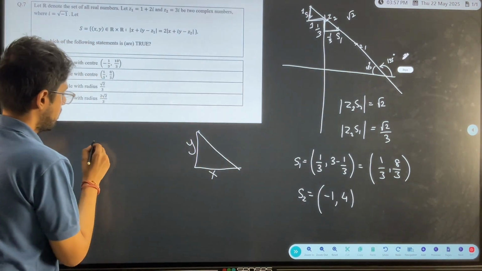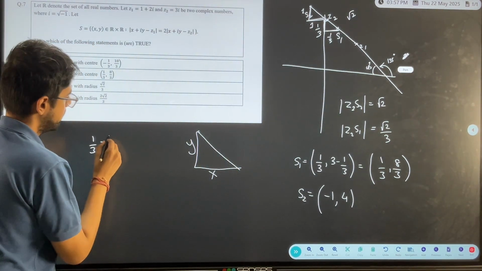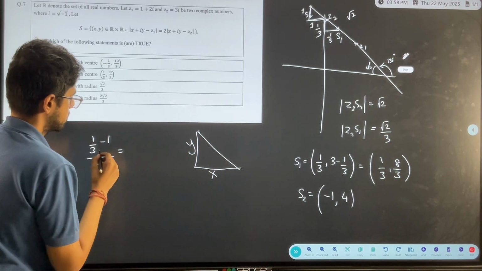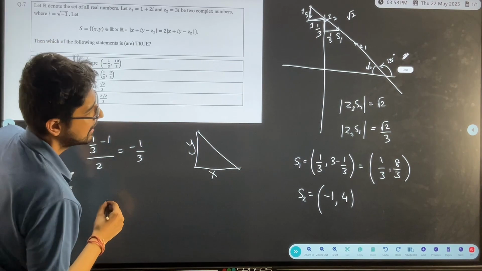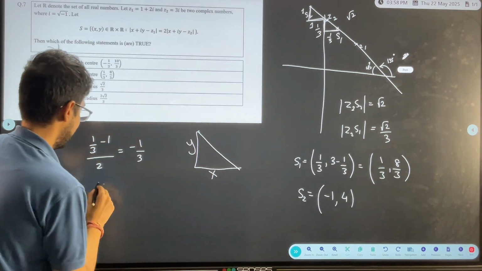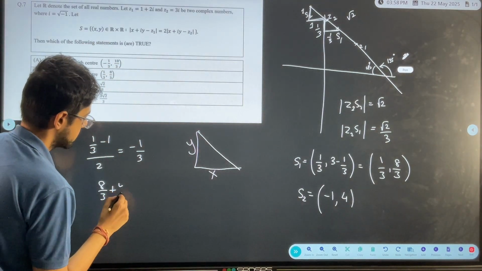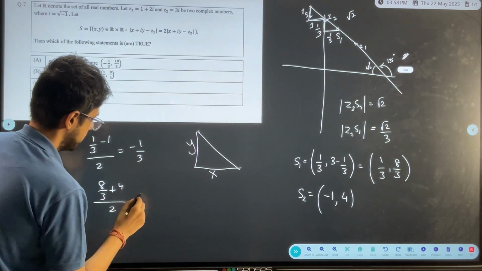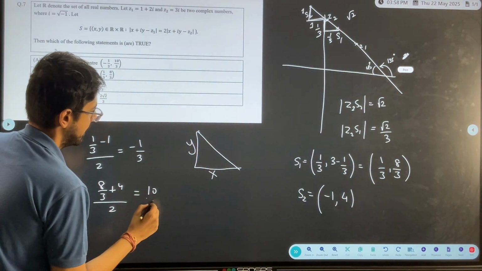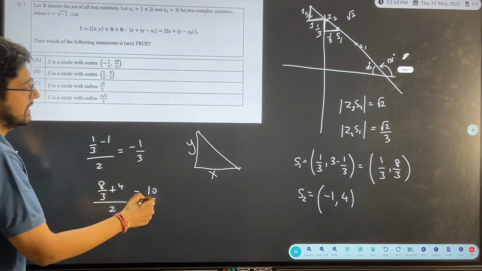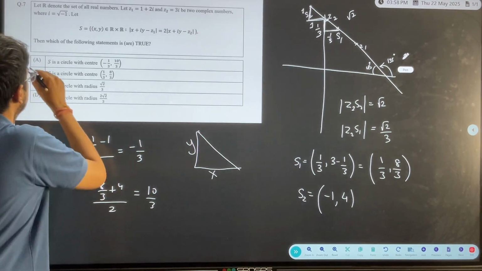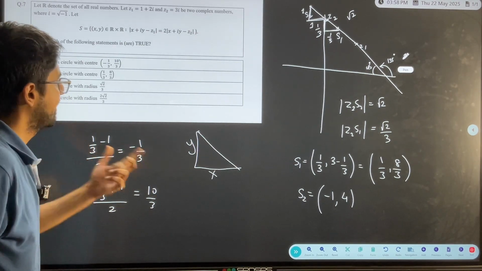Now, the midpoint of this is given by 1 by 3 minus 1 by 2, which is going to be minus 1 by 3, and 8 by 3 plus 4 by 2, which is going to be 10 by 3. So, the center of the circle is minus 1 by 3, 10 by 3, which is option A, and we